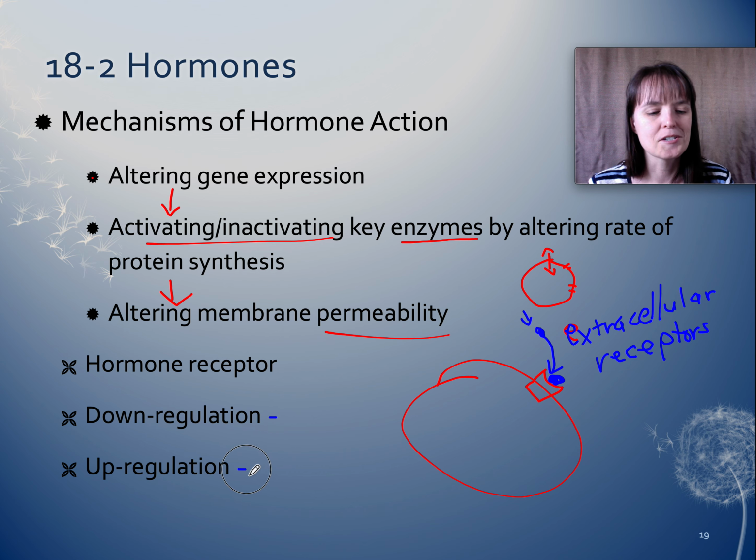So down regulation and up regulation, you can change the number of receptors on your cell membrane. Down regulation is when there's been too much of that hormone readily available, so your body starts taking in the receptors for that hormone, so that while there's too much hormone, you'll be less reactive to it, less receptive, if you will, since you take away the receptors. Okay, that was terrible. Upregulation is the opposite, is when there's not enough hormone, so your body builds new receptors,